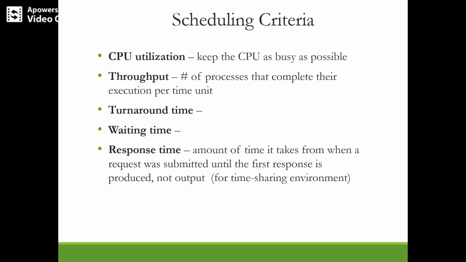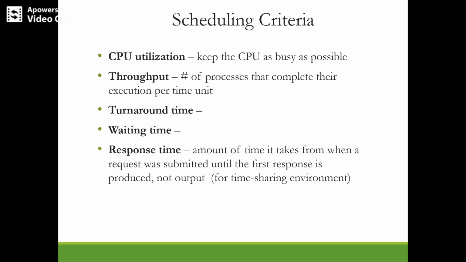Okay. So different CPU scheduling algorithms have different properties, and we need to choose a particular algorithm in a particular situation. The characteristics to select the best algorithm are based on these criteria. What kind of scheduling has to be used? Let's say CPU utilization is one characteristic. First one is CPU utilization, second is throughput, third is turnaround time, fourth is waiting time, and finally we have response time.